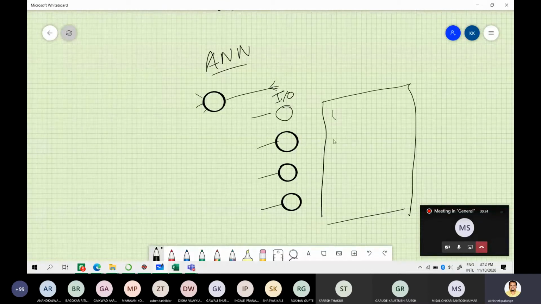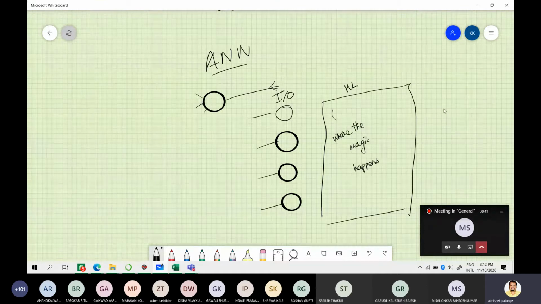I would call this where the magic happens. This is how people put it, because this is where the modeling happens. These are the hidden layers, and then you have an output layer, right?